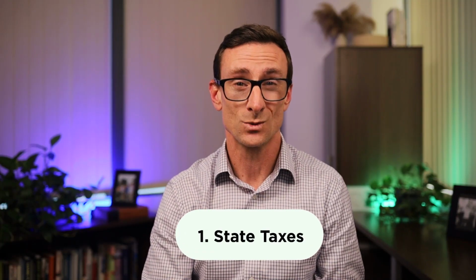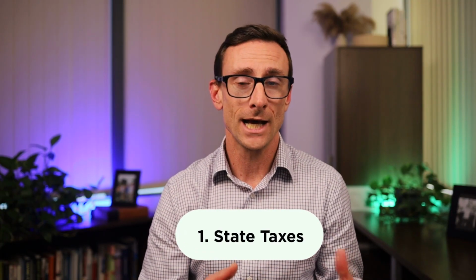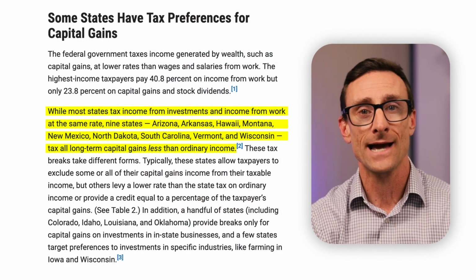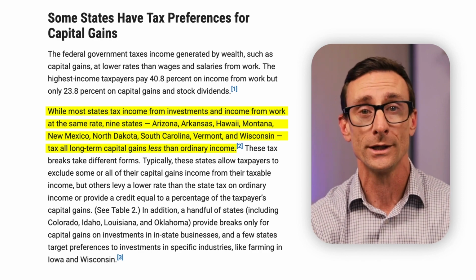But first, you should note that just because they paid a 0% rate doesn't mean that's the end of the analysis. There are 3 things you really do need to watch out for. The first is state taxes, which still do apply. Here in California, where I live and where Mike and Jessica live, capital gains are taxed no differently than ordinary income. So for Mike and Jessica, they would pay 0% federal and 9.3% California instead of 15% federal and 9.3% in California. Each state has its own tax brackets, and as you can see here, 9 states tax capital gains at less than ordinary income tax rates.